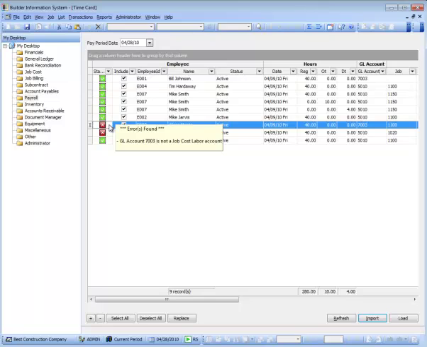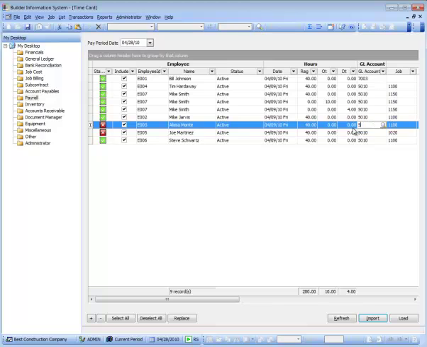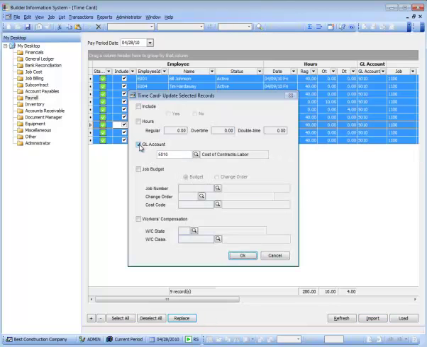By floating the cursor over the red X, a prompt will appear with information concerning the needed corrections before the record will import successfully. Corrections may be made to the record field directly in the screen or by using the Replace button, then checking the area or areas that need to be corrected and making the needed field modifications and